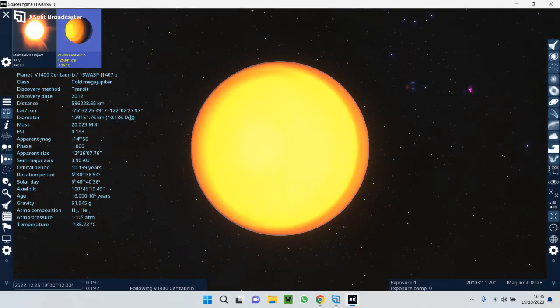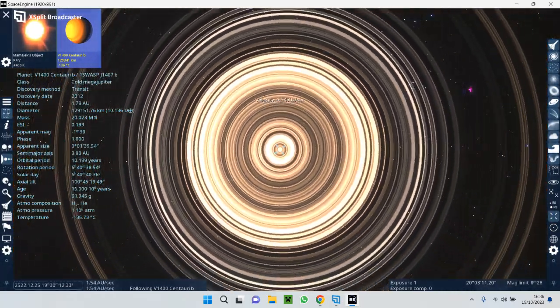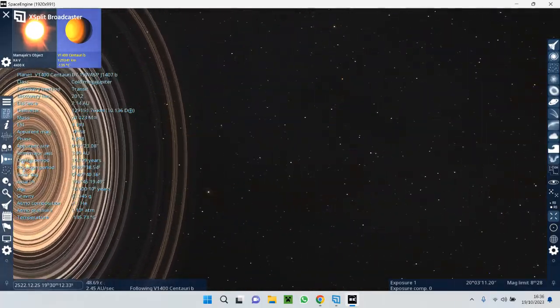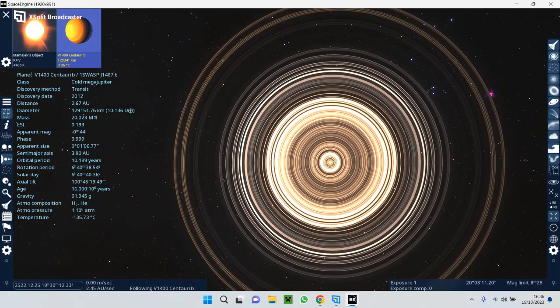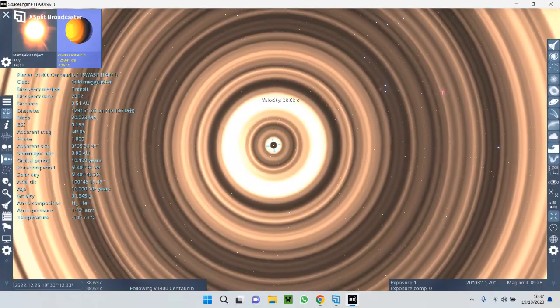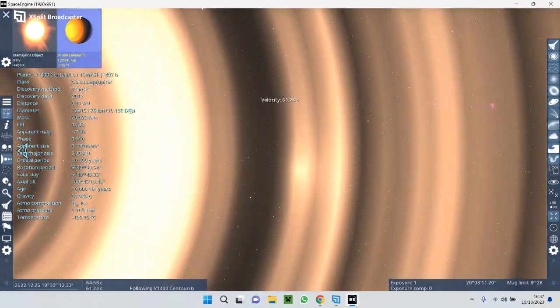Oh god, they changed the name of it. Well, this is the planet with the biggest rings in the universe discovered. And this is actually a real planet. These rings are real.